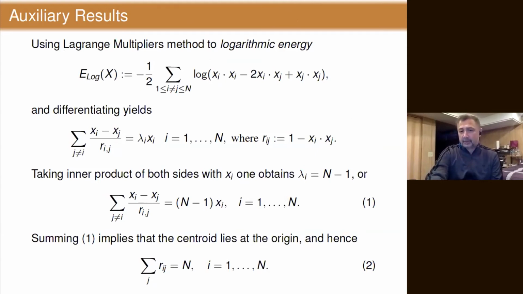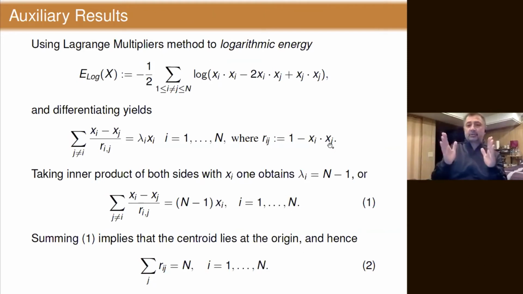That is why we can prove things without computer aid, without computer help. So when you differentiate, if we denote R_ij to be 1 minus x_i x_j, which is really